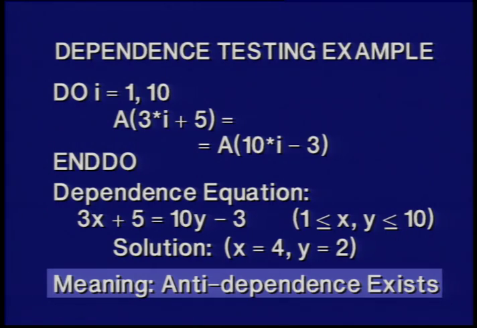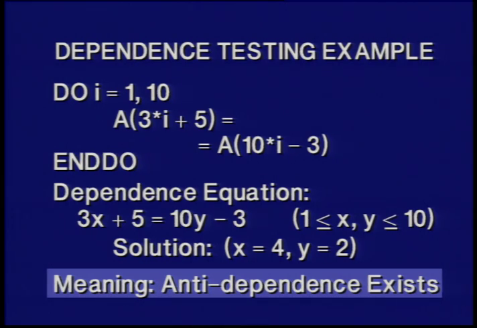X is going to range from 1 to 10. And the second subscript, let's introduce the variable y. Then y is going to range from 1 to 10 also. Is there any solution to that equation in that range? In fact, we find that when x is equal to 4 and y is equal to 2, we do have a solution within the range, which means that, looking back up at where those equations came from,